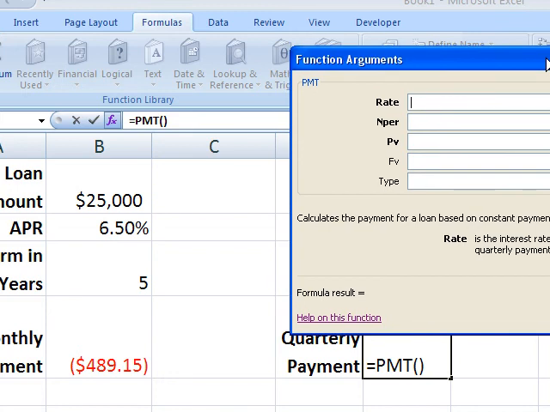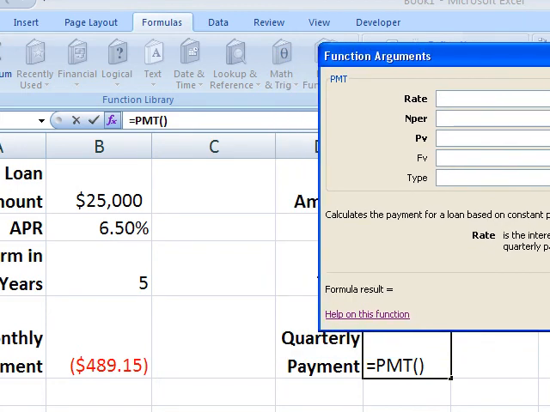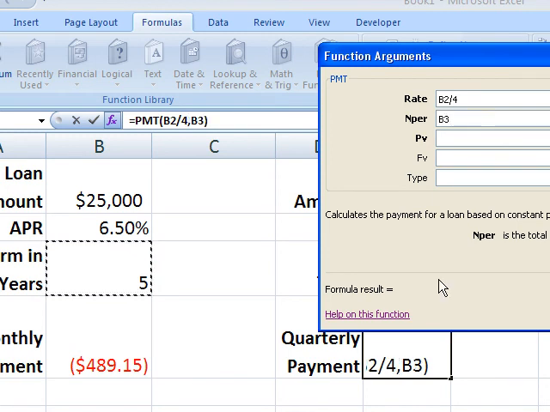And I'm going to scoot this over so we can see it. Notice again it asks me for the rate, and again I'm going to point to my rate. However, this time for rate, I'm going to do this quarterly, so I have to get that annual rate into a quarterly increment, so I'm going to divide it by 4. Again, my number of periods is 5 years. However, I'm going to do it 4 times for each of those years, so this time I multiply periods by 4. And finally, PV is the amount of money that I'm borrowing, so I simply click on that one